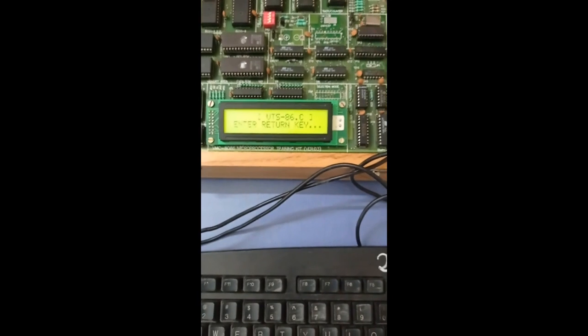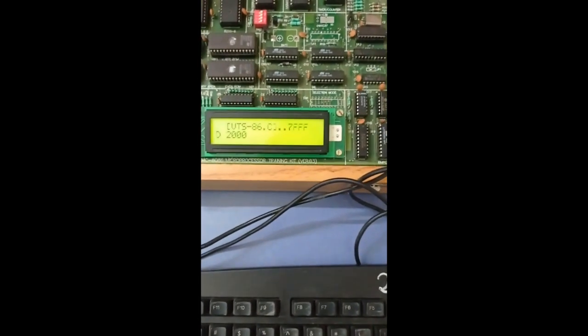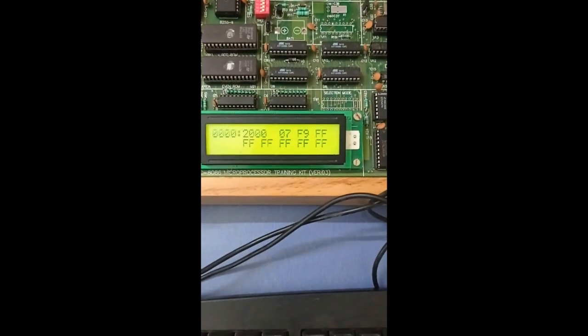Now we have to check the output. Again press the D button. D means data. Give the address 2000. As you can see, at 2000 we have the data 07, and at 2001 we have data